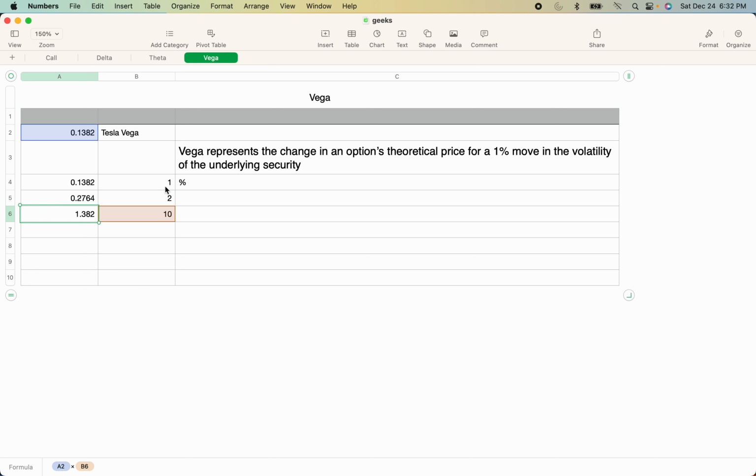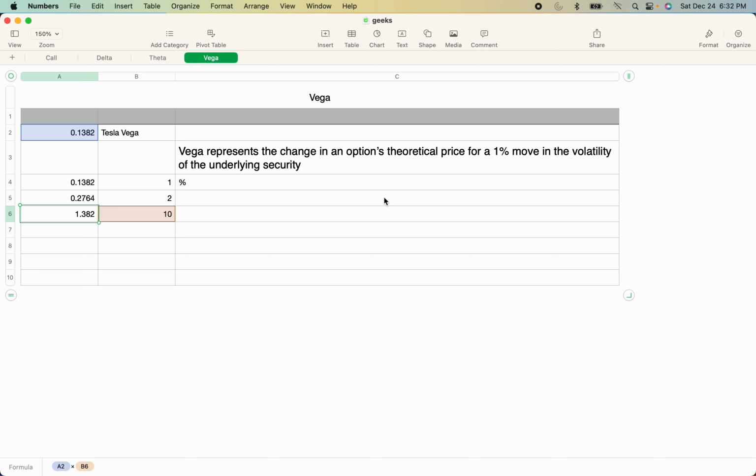You can see if the volatility increases by 1%, the option will increase by 13 or 14 cents approximately. Similarly, if the volatility of Tesla shares increases by 10%, then the price of the option would increase by